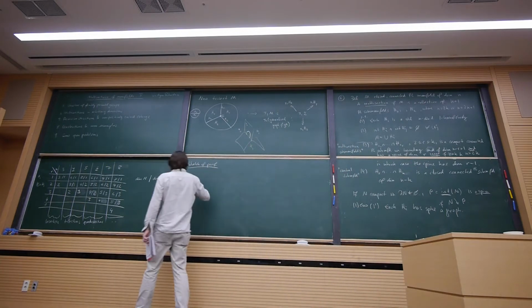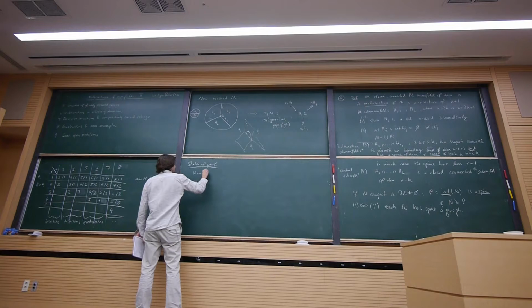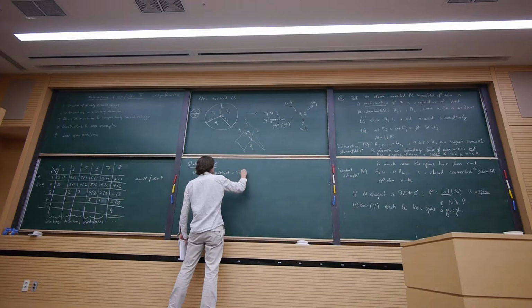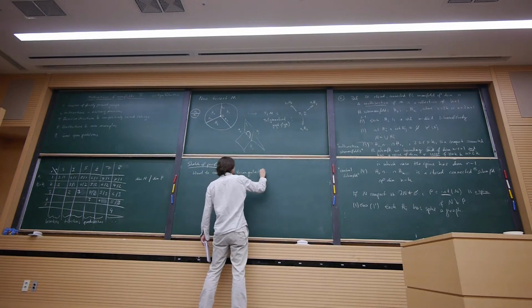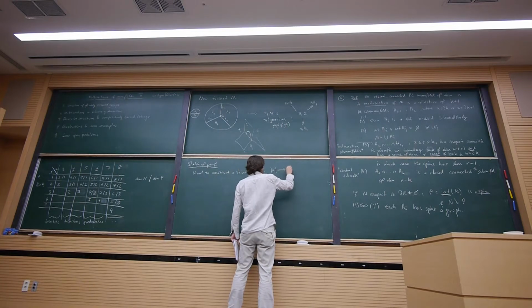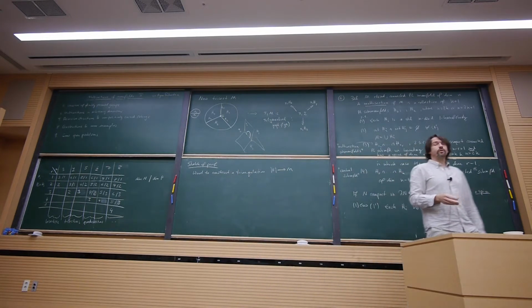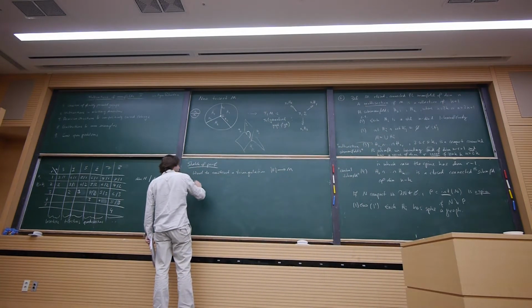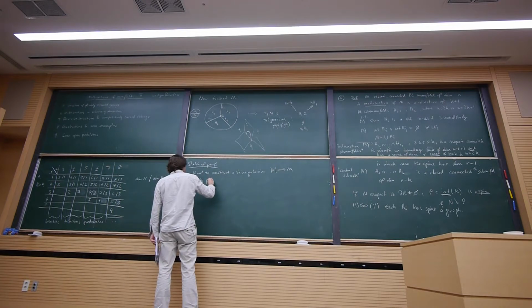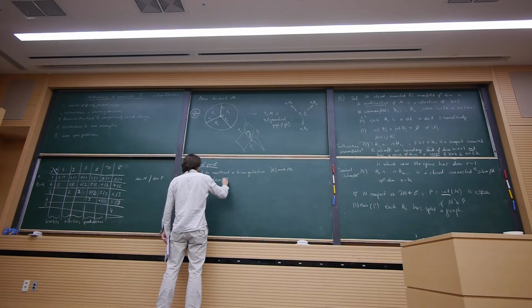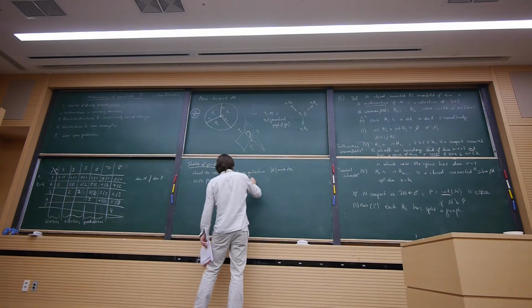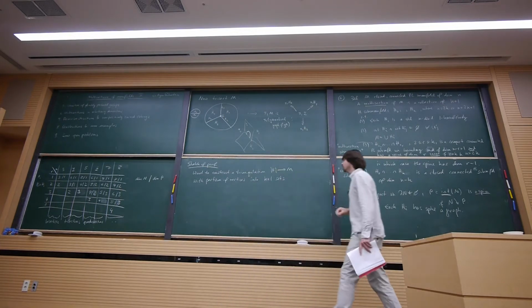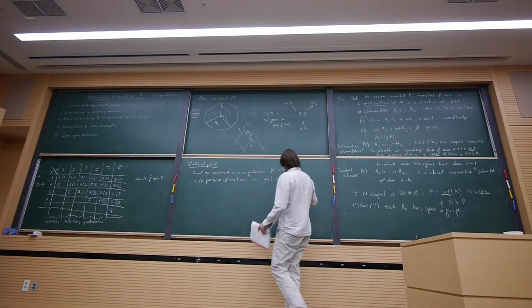Again, we just want to construct a triangulation of the manifold, so that we can partition the vertices into k+1 sets, such that